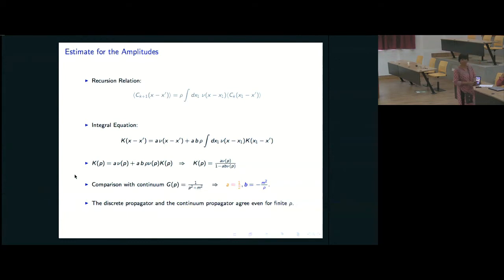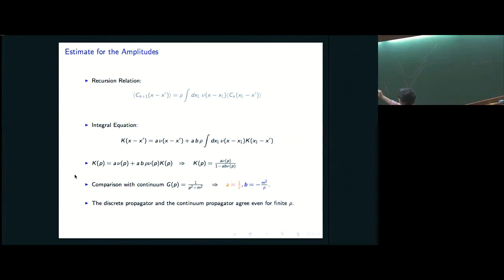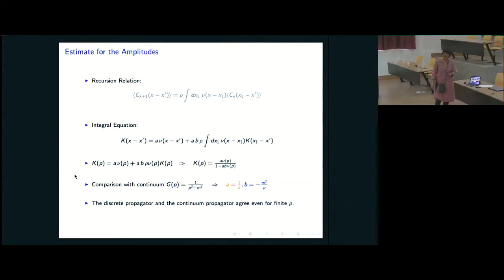No, because A and B are just different objects. One is for the hop, and this is for the stop. So the point is that this very simple hop and stop model, when you compare it with the continuum propagator,